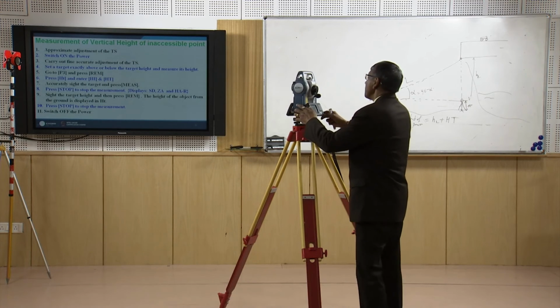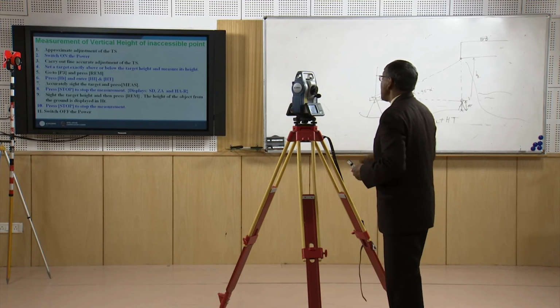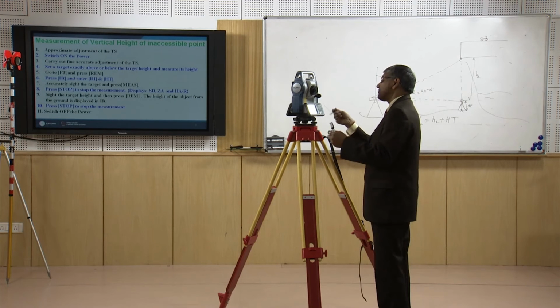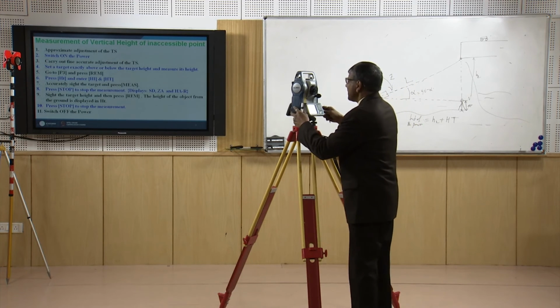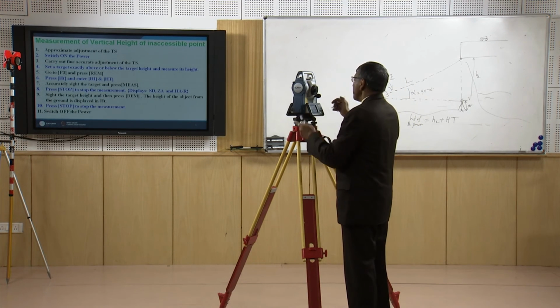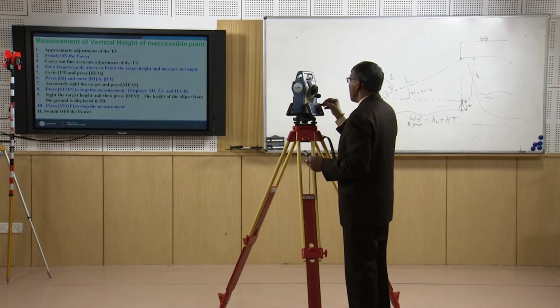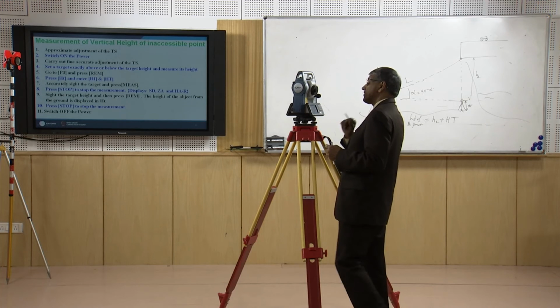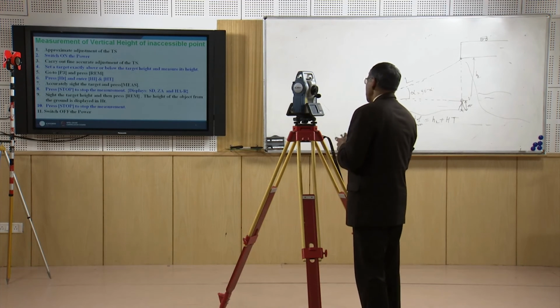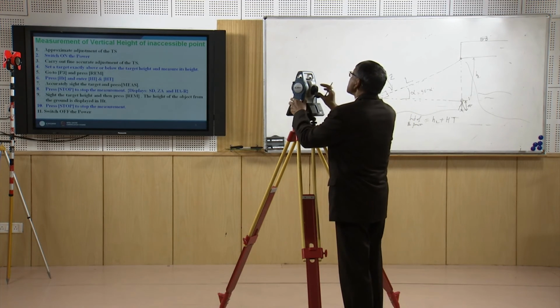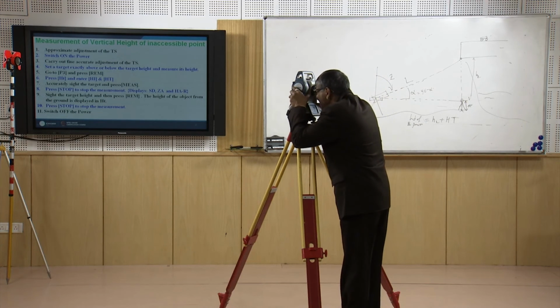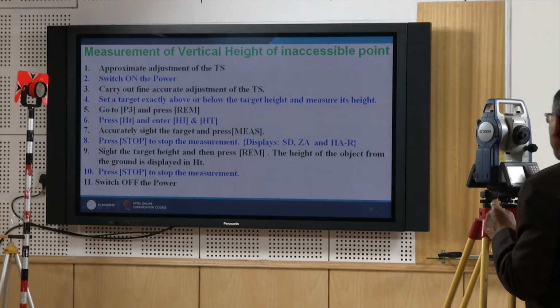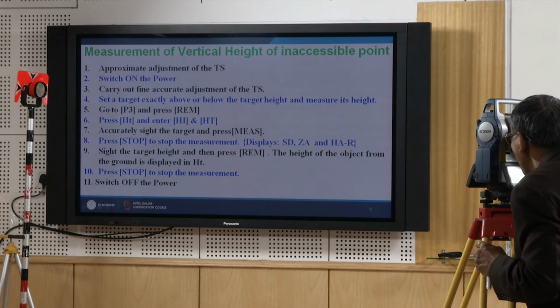First we have to make the temporary adjustment, which I suppose is already done, and then fine adjustment. Now what we will do is bisect the telescope to the center of that point. Now this is perfectly bisected.